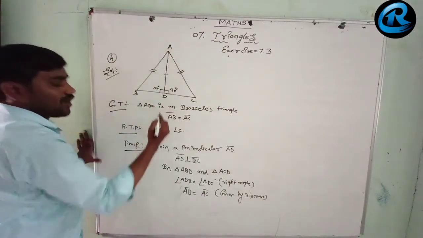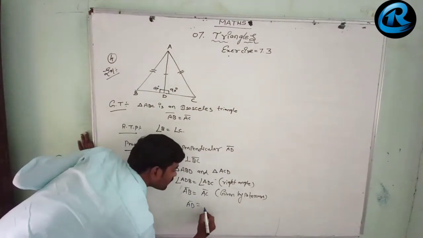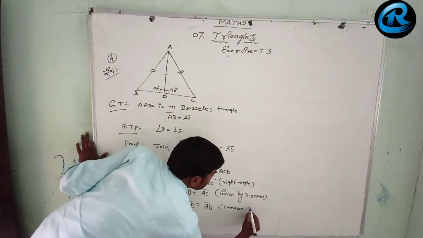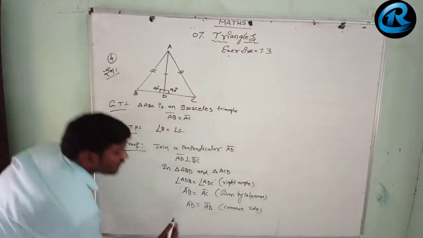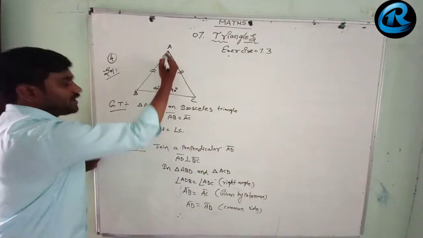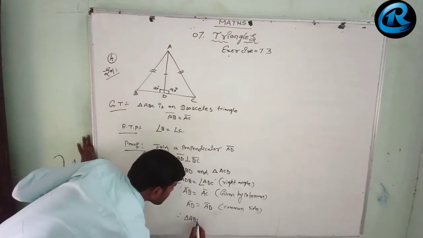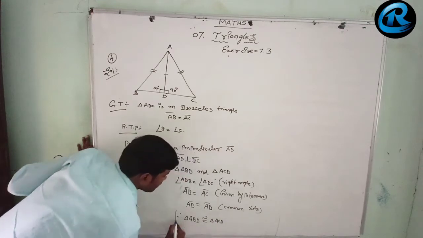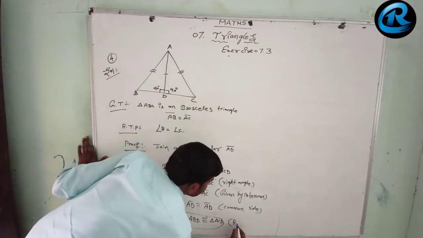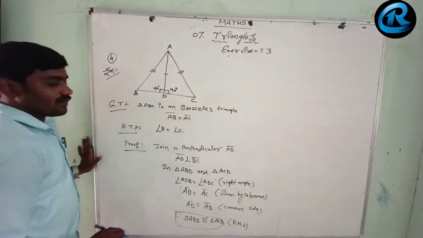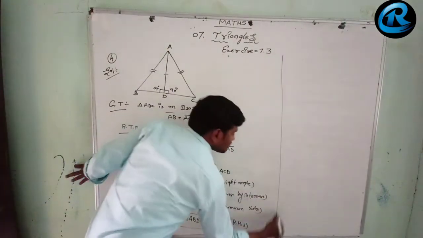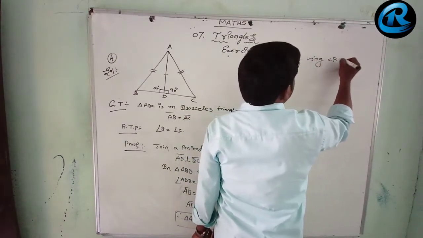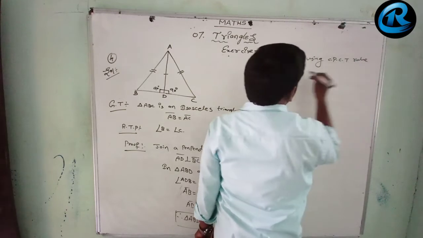AD equals AD, a common side. Therefore triangle ABD is congruent to triangle ACD by the RHS rule. By the CPCT rule,